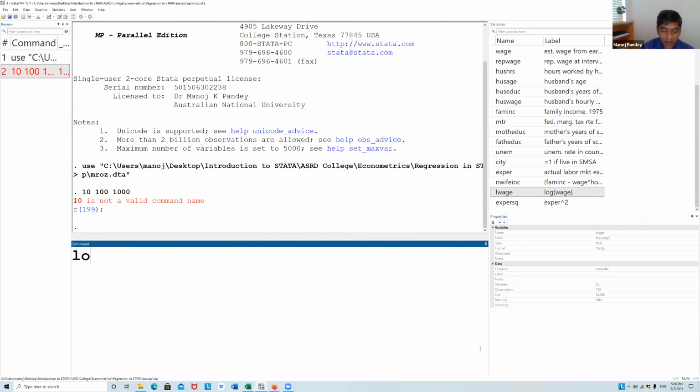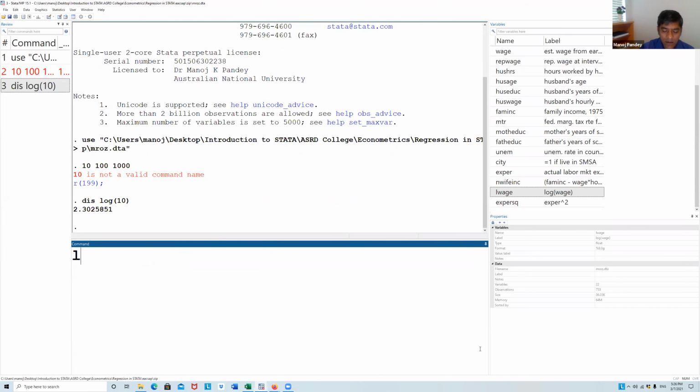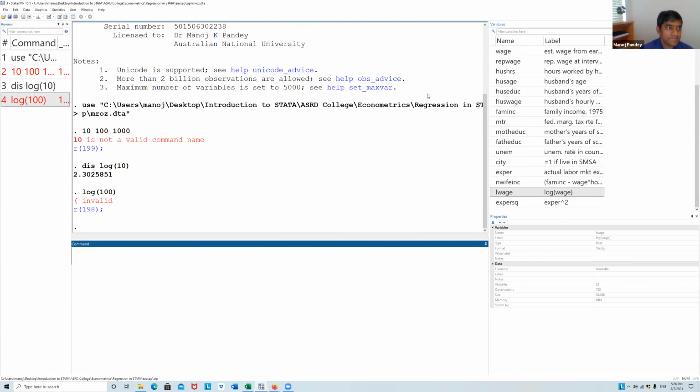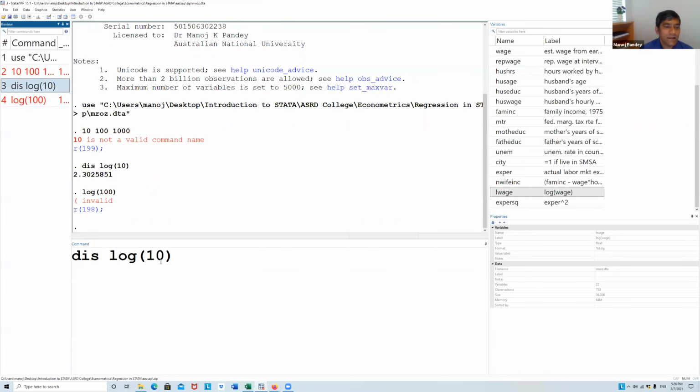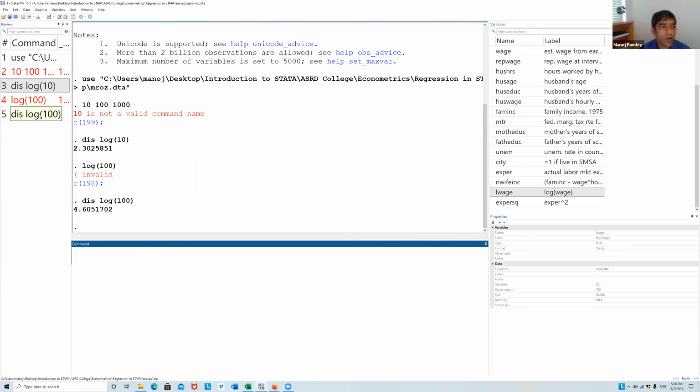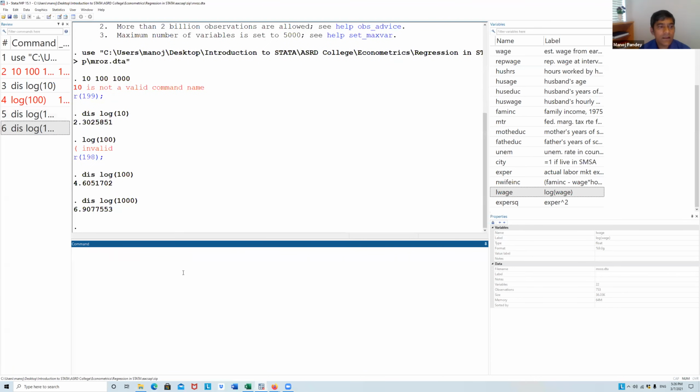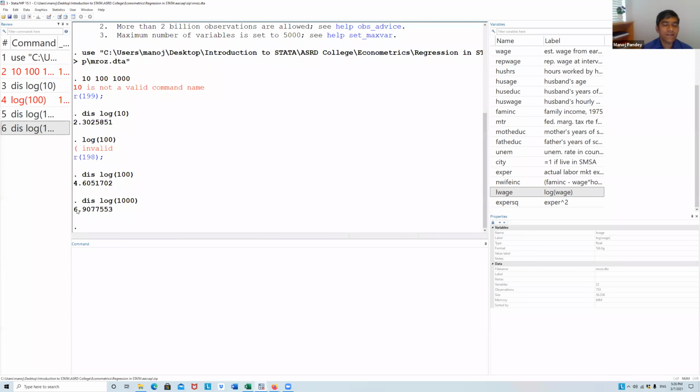But if you take log of 10, log of 100, and log of 1000, the difference is like 2, 4, and 6. So data becomes closer when you take log of any variable. And the advantage is that a lot of heterogeneity within the data gets removed by simply taking log.